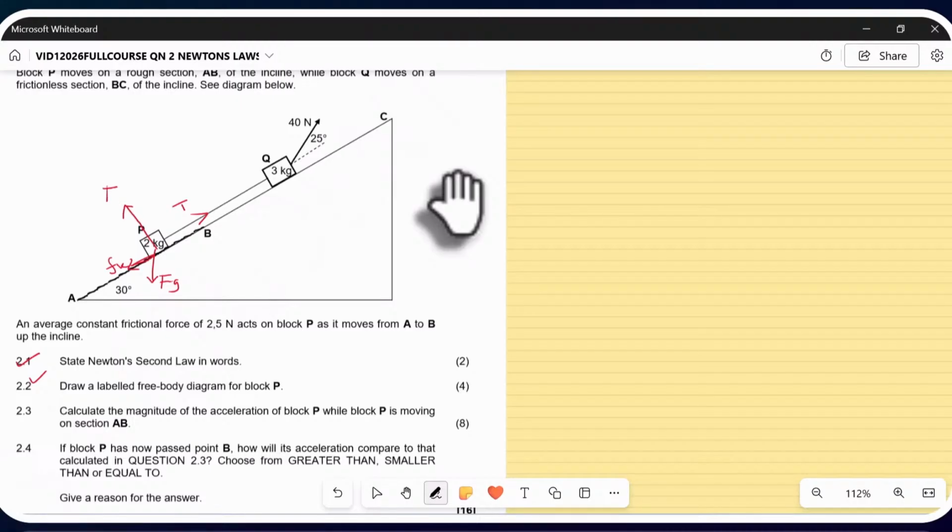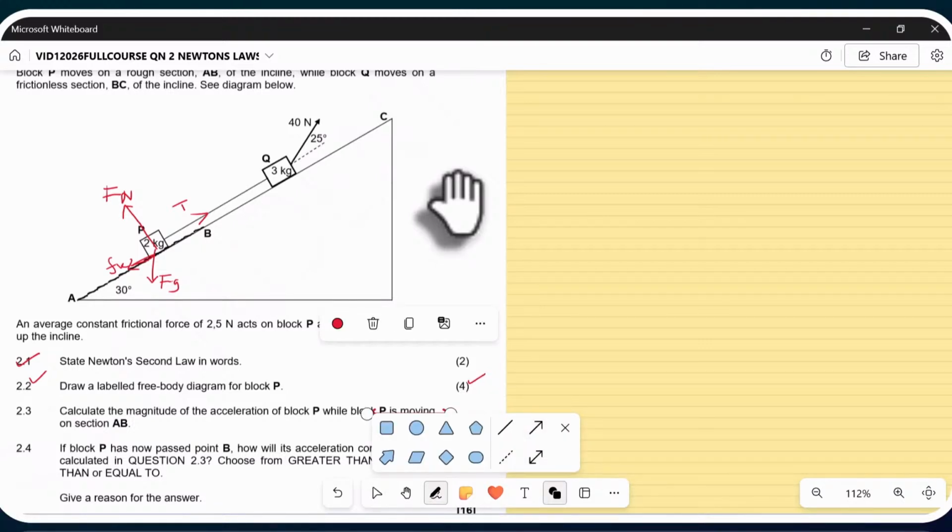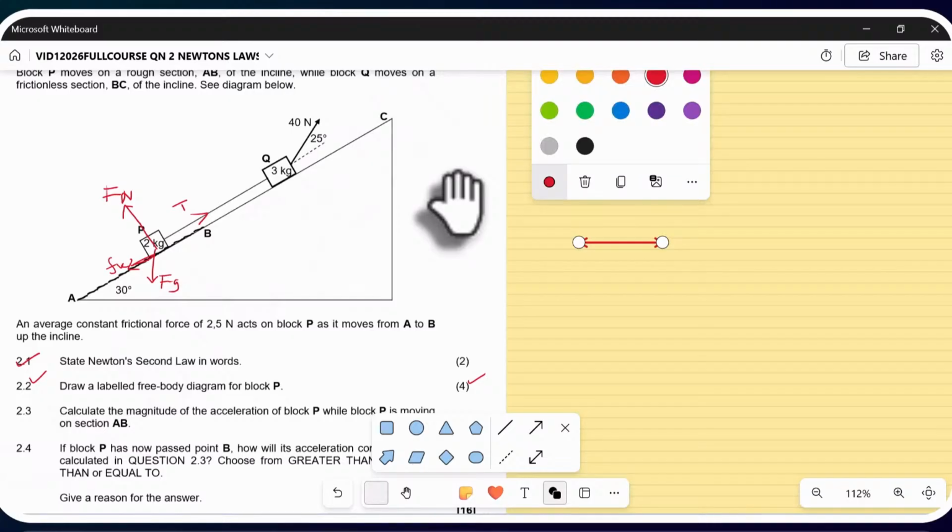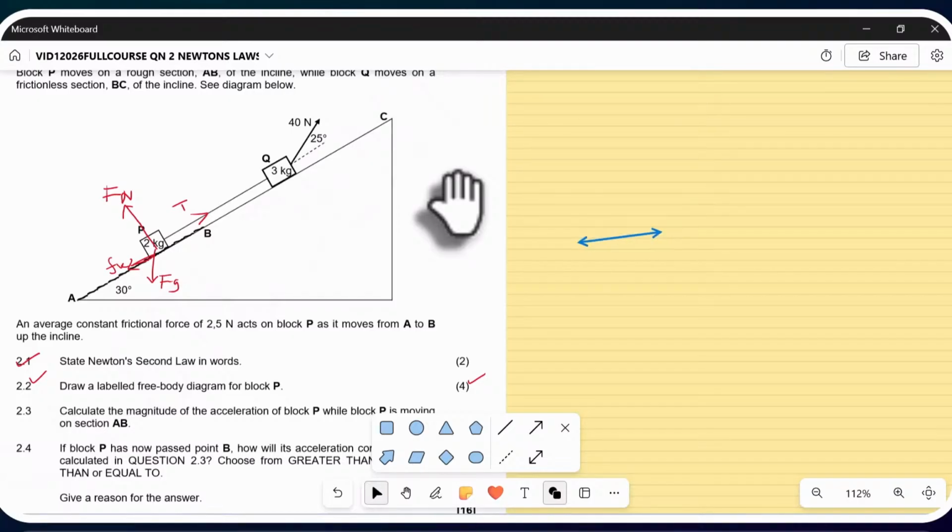So here we go with our free body. The first pair here is going to be for the tension and the frictional force. The tension is what you can see there, and then the frictional force is acting down the slope. And from that now we have the normal force,